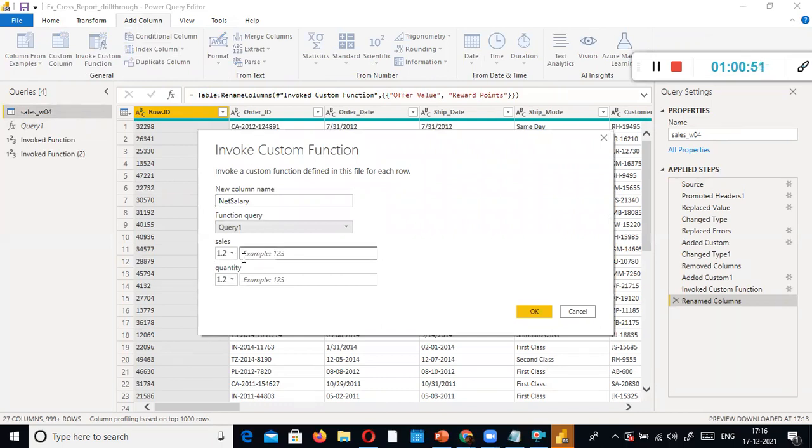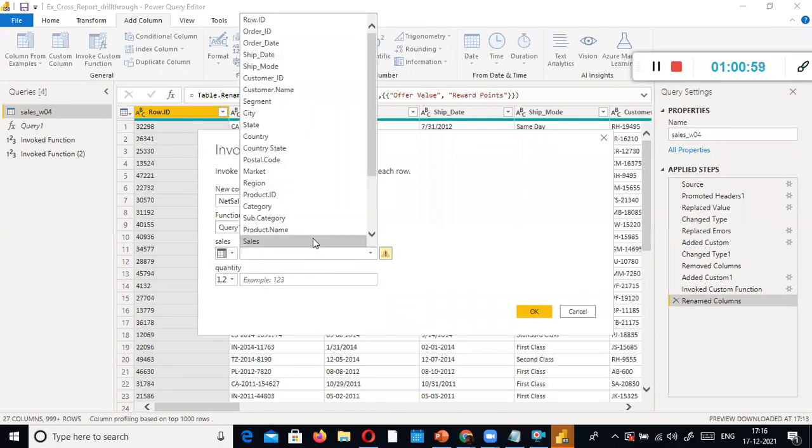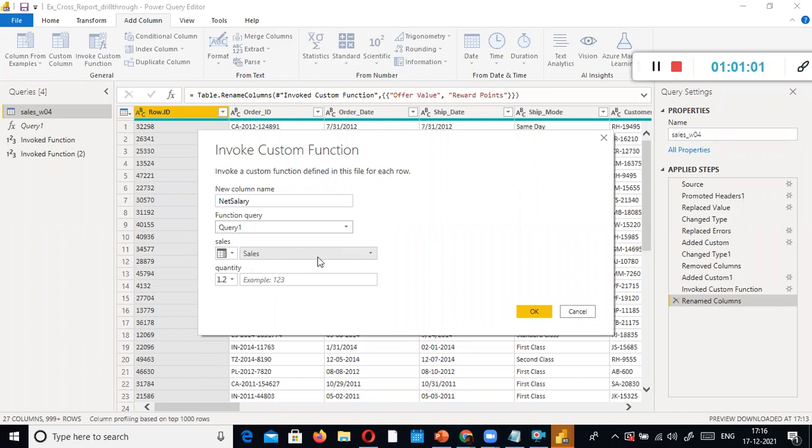I use this one. Here, small sales, small quantity. This has to be mapped with my data set column sales. Otherwise, how will Power BI know?